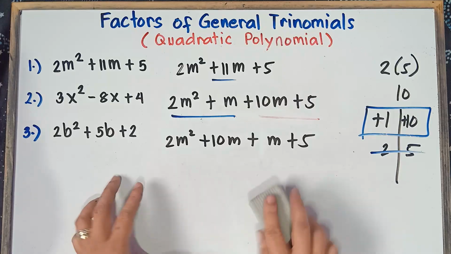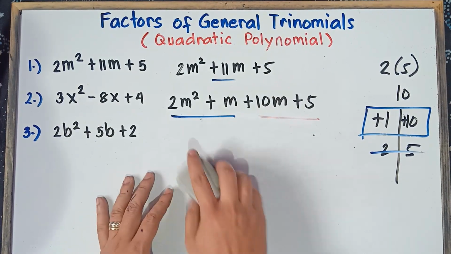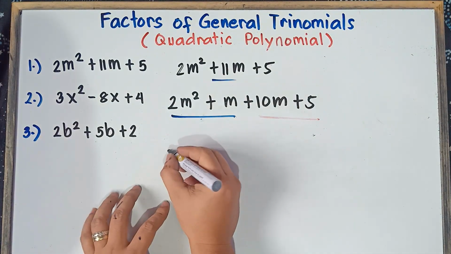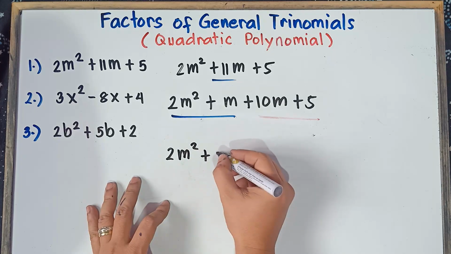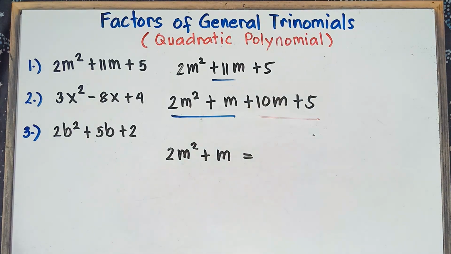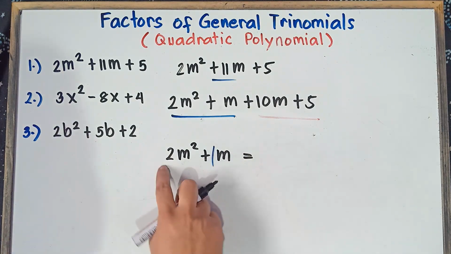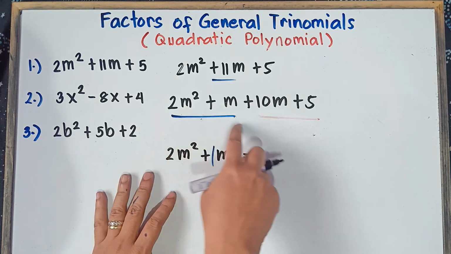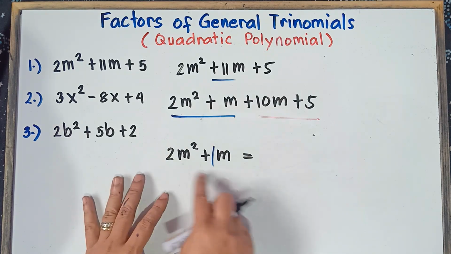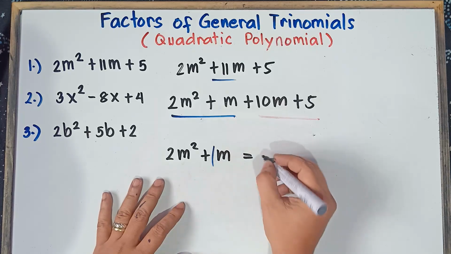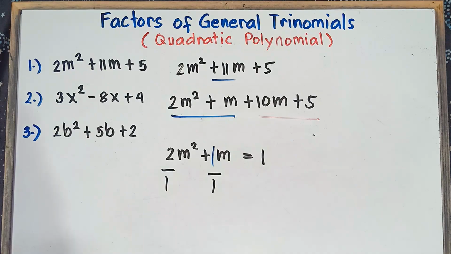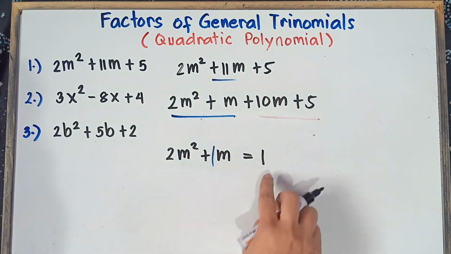Alright, so let's factor this out, class. The first term by the second term. So, 2m squared plus m. What would be the greatest common factor of 2 and 1? Understood that there's 1 here, right? Once again, class, we need to factor out the first term and the second term. That's correct. That's only 1, right? We can divide 2 by 1. We can also divide 1 by 1. So the greatest common factor of 2 and 1, that's only 1.